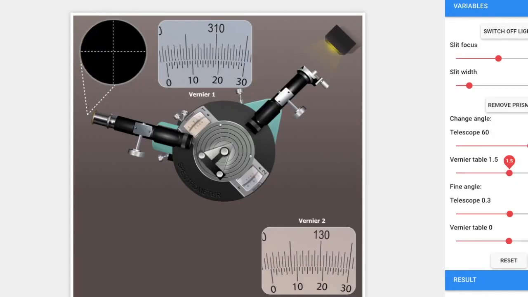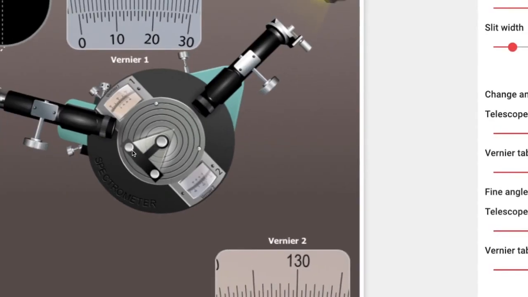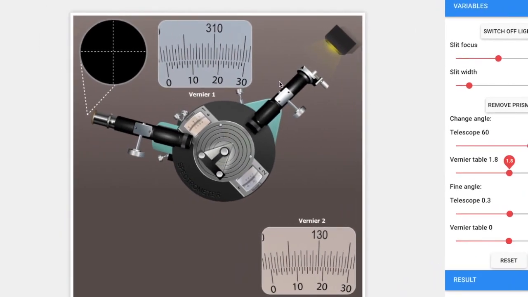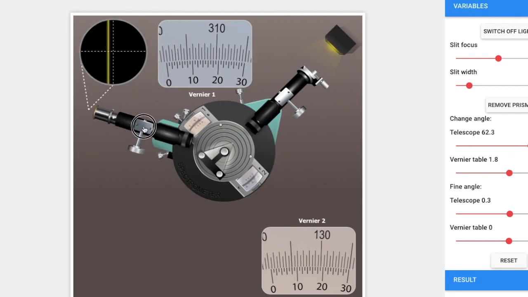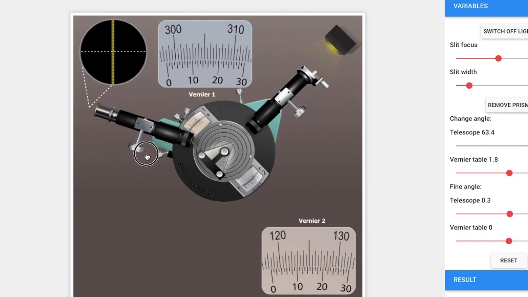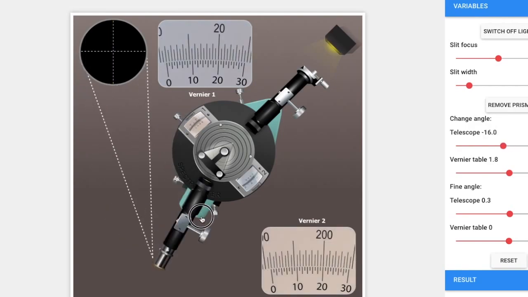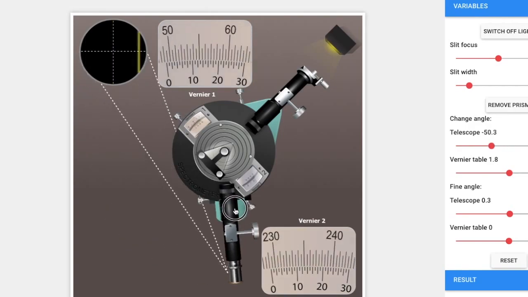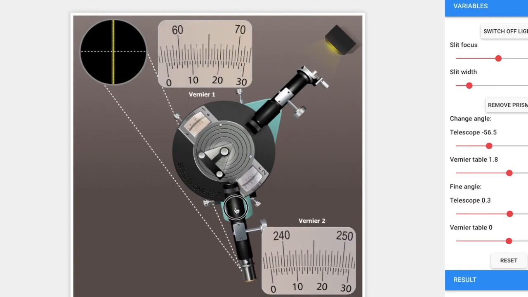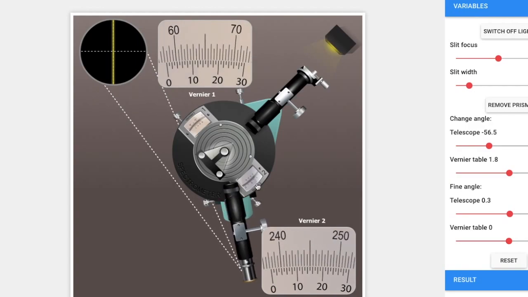When we keep the prism, the base of the prism must be perpendicular to the incoming light. We can check that in a real setup by making sure that our slit is visible on both sides or not. Let us see that here also. Yes, it's visible. So let us do this side first.